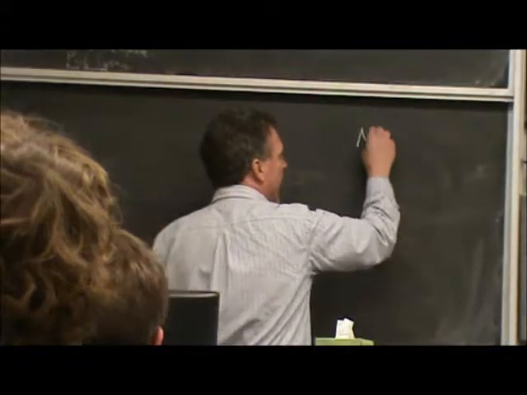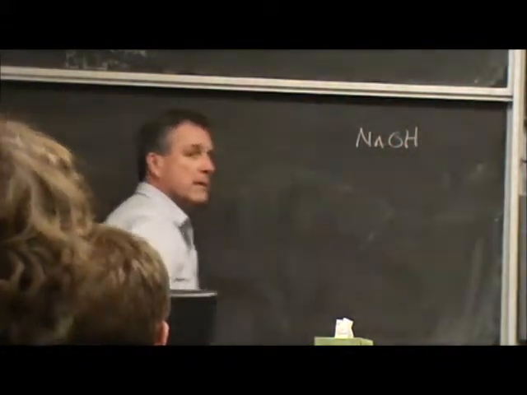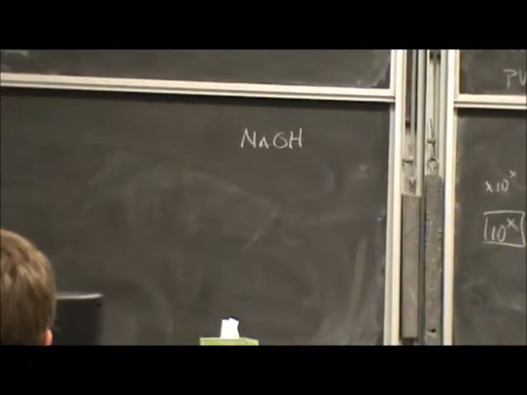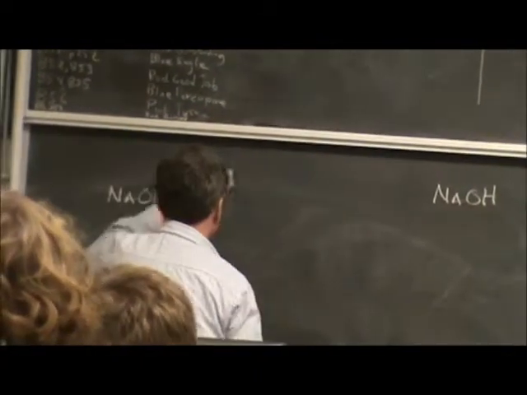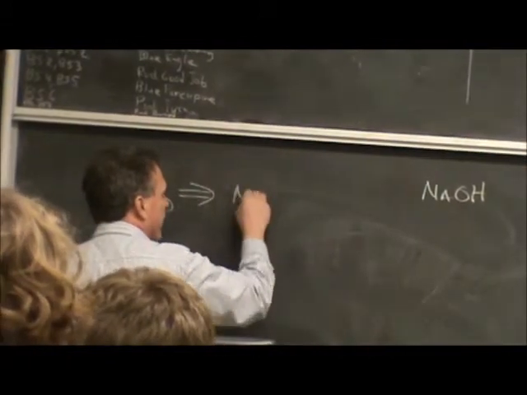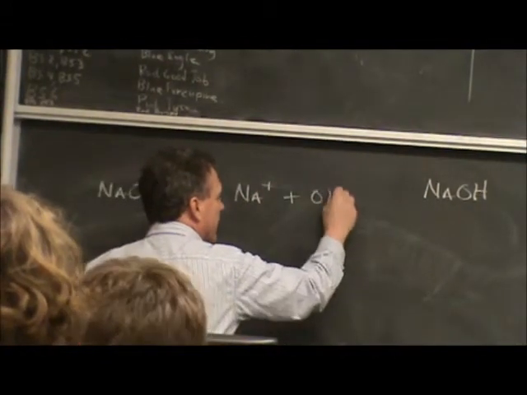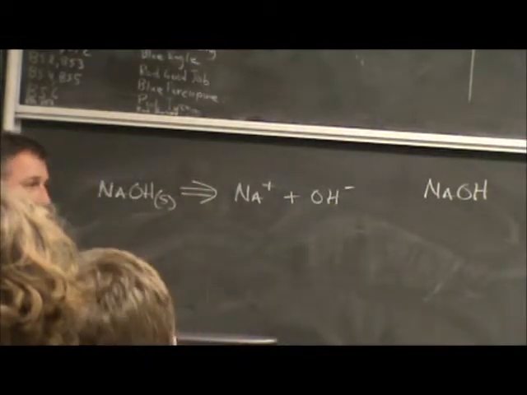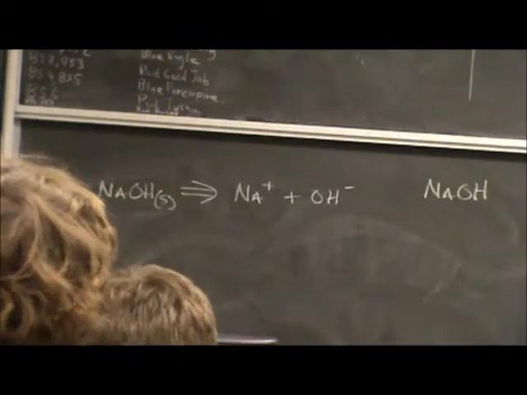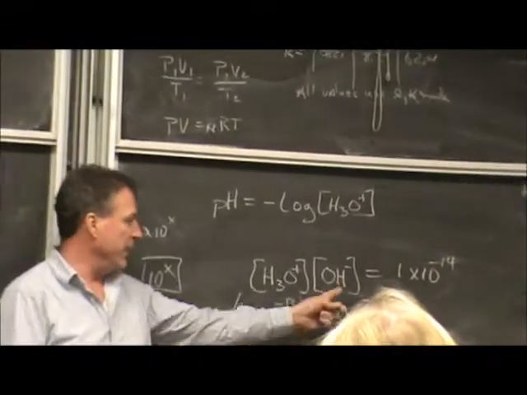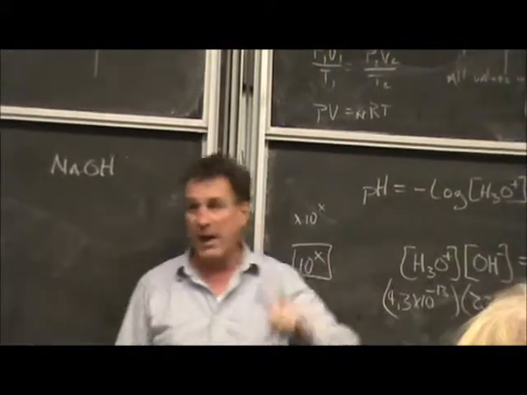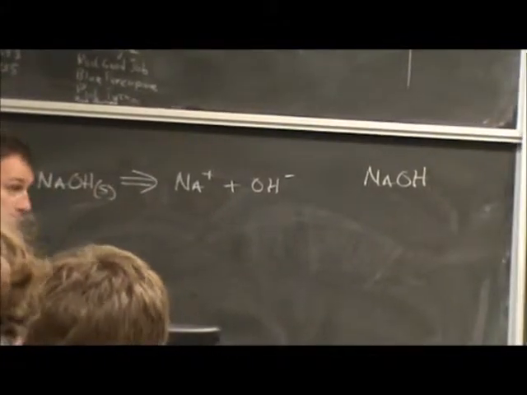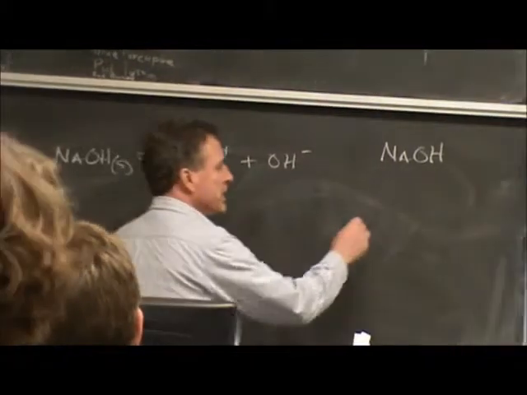No surprise when I add sodium hydroxide that the solution becomes more basic, right? Because sodium hydroxide dissolves to form sodium ions and hydroxide ions, right? And how can we affect this balance by adding sodium hydroxide? We're increasing the hydroxide concentration, which lowers hydronium concentration, and the pH goes up as a result. How do we affect the pH by